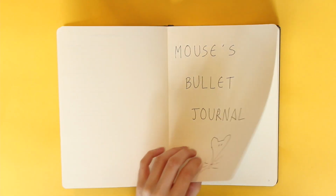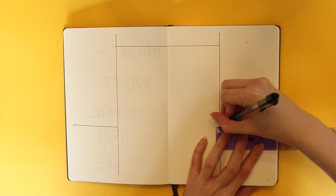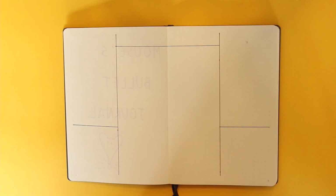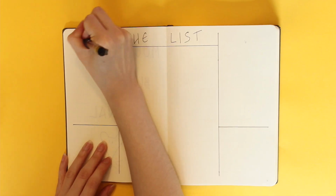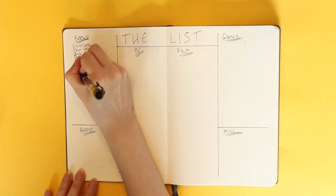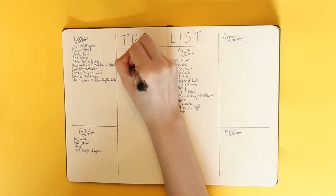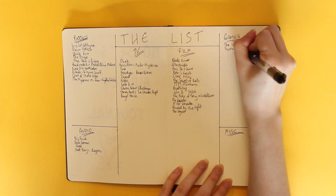So firstly, I'm going to show you the pages that I find mostly useful to have at the front of the bullet journal. This page will be familiar to anyone who watches my live streams. This is the list. This is where I keep a record of things that have been recommended to me. I find it really useful to have them all in one place, and I have quite a bad memory and sometimes it takes months or years to get to the thing,